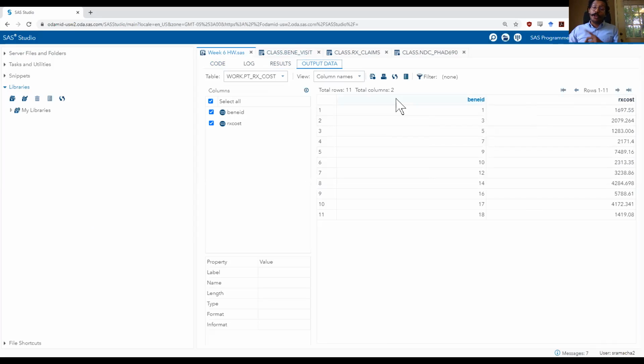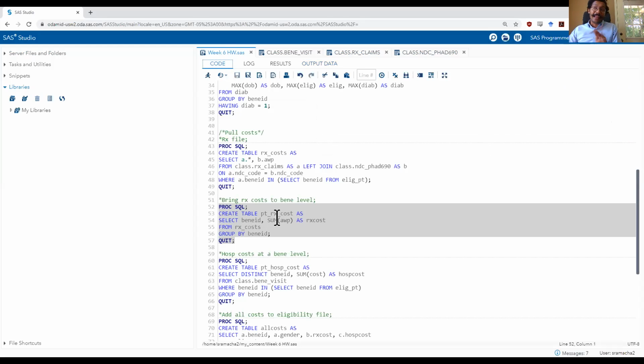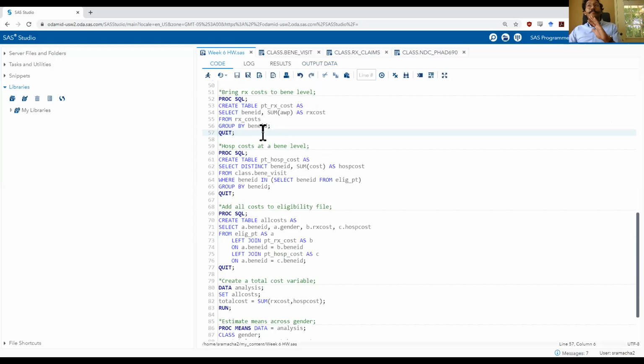The interesting thing you will observe in this data set is that we only have 11 rows. Now, if you remember from our ELIG underscore PT data set, there were actually 14 individuals that were eligible. Unfortunately, 3 of those individuals do not have any prescriptions whatsoever. So for those 3 individuals, we should associate an Rx cost of $0. But instead, we are not going to do anything right now. We are going to hold on to 11 different rows, and we will assign that 0 to those 3 people, the 3 eligible individuals that don't have prescriptions, at a later point in the code. Again, you could have approached this differently, and that's acceptable. So that gives us prescription costs.